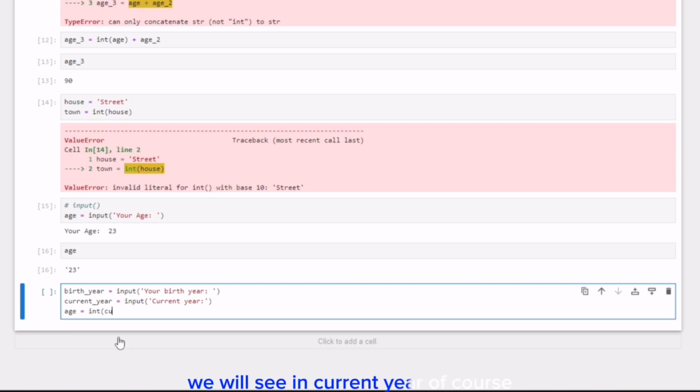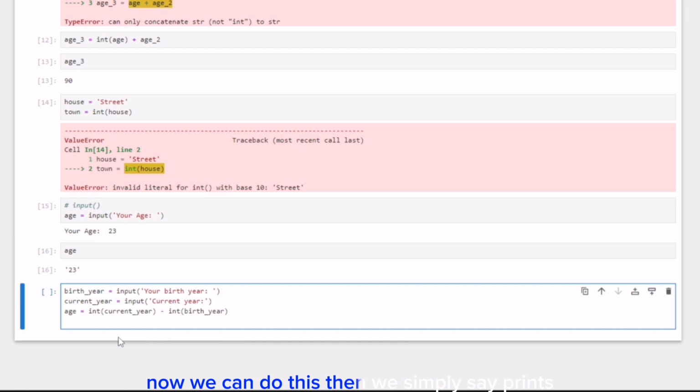We will say int current year. Of course, it is the current year minus the person's birth year. So current year minus birth year. Okay, sorry. Please, you have to convert the birth year to an integer. So we'll have minus int birth year. Now we can do this. Then we'll simply say print. We'll now say you are